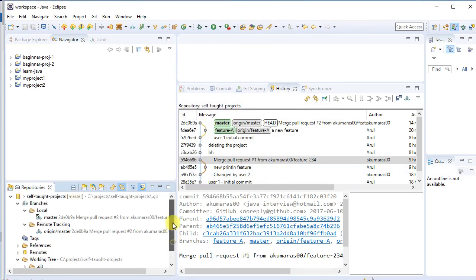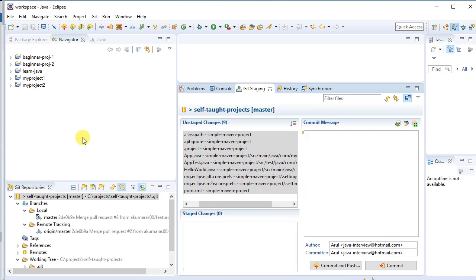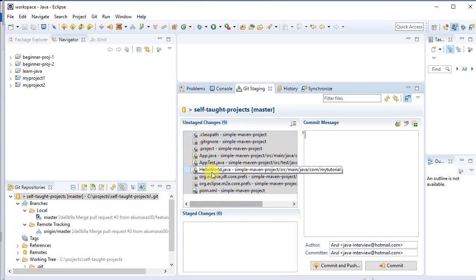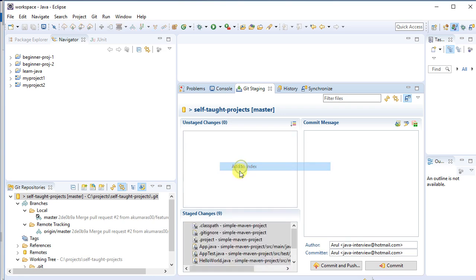Your repository is still there, go and right click on it, commit, and commit is now saying everything is kind of getting deleted. Select everything, right click and add to index. So index is basically the staging area, and we say deleting the whole project, and you do a commit,